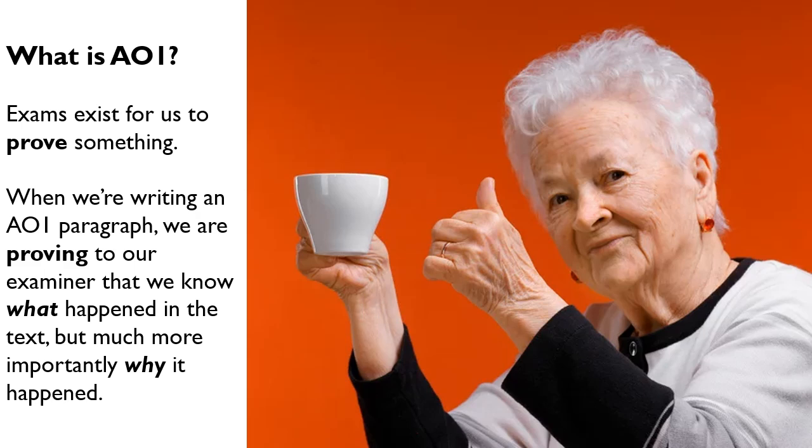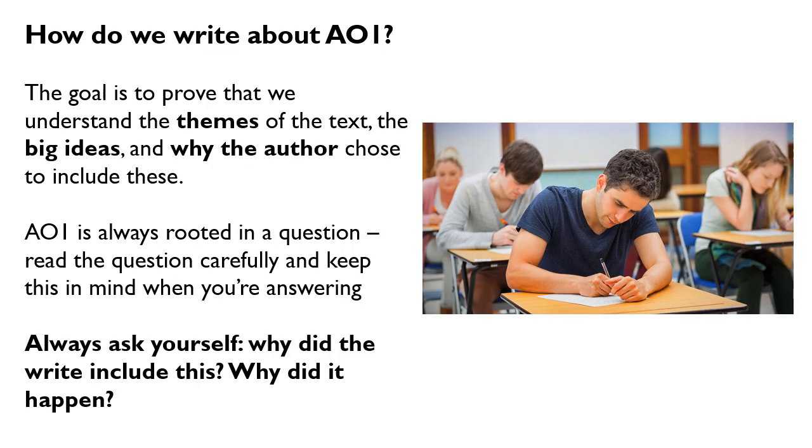It's about proving to our examiner that we know what happened in the text, but the marks are really there for proving that we know why those things happened. Now, to do that, we have to prove we understand the themes of the text, the big ideas, why the author chose to write it. Basically, the things that happen in the novella and why they happened and how they make us think about the